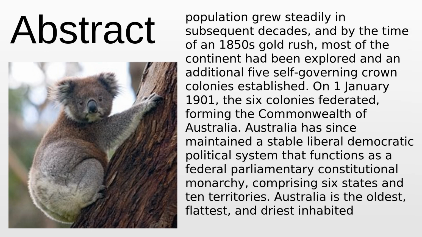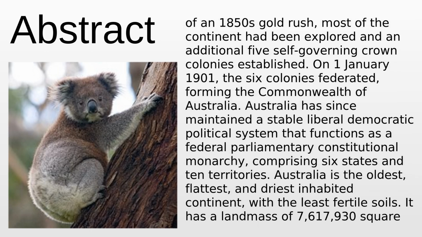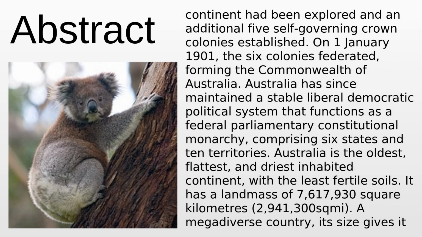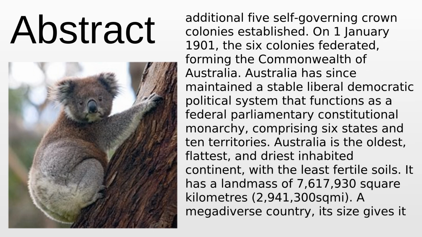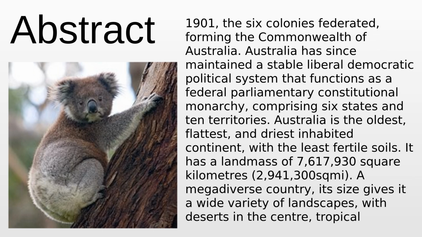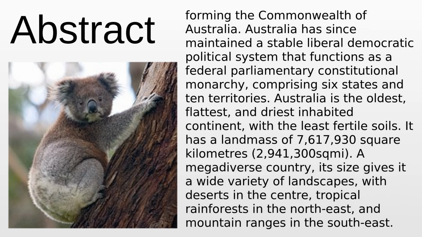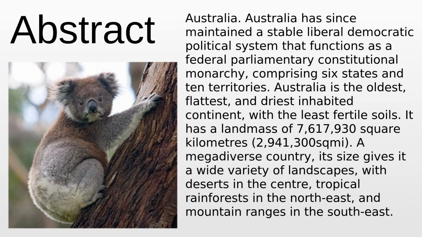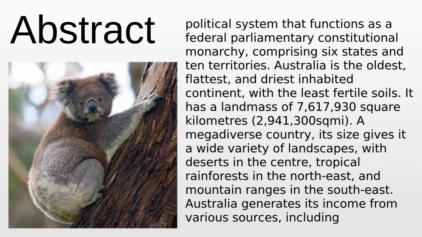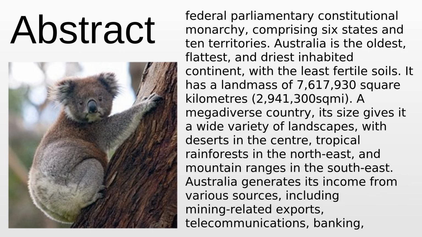The population grew steadily in subsequent decades, and by the time of an 1850s gold rush, most of the continent had been explored and an additional 5 self-governing crown colonies established. On the 1st of January 1901, the 6 colonies federated, forming the Commonwealth of Australia. Australia has since maintained a stable liberal democratic political system that functions as a federal parliamentary constitutional monarchy, comprising 6